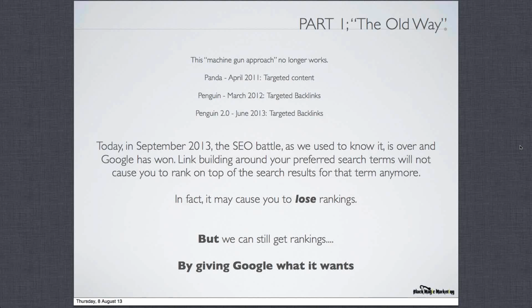These would typically be your affiliate sites that might be peddling Viagra or something else as a sales letter to people just trying to earn a commission. And Penguin 1 and 2 targeted backlinks, and the way it targeted the backlinks was it looked for websites that had a greater percentage of unnatural looking words pointing to their website.